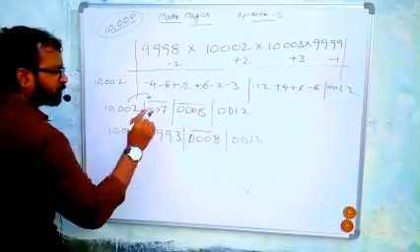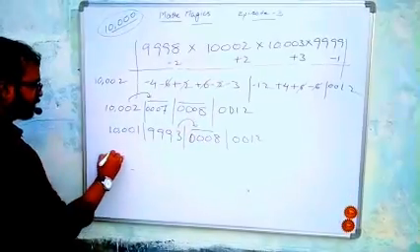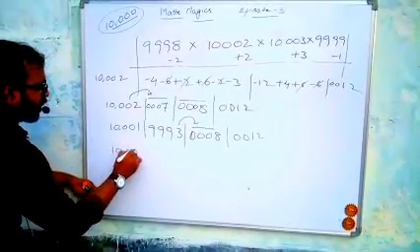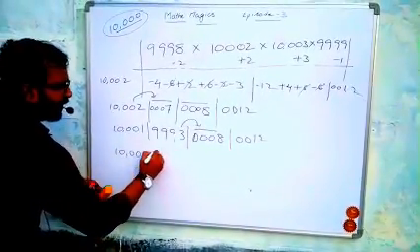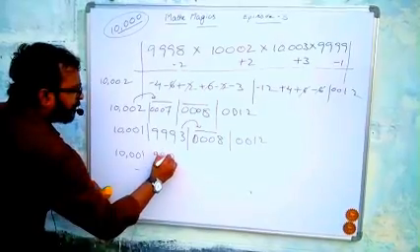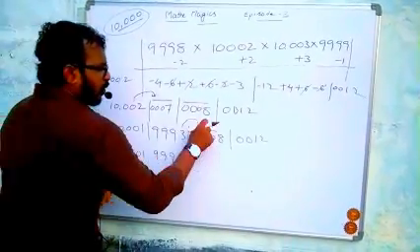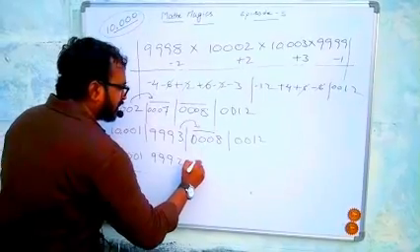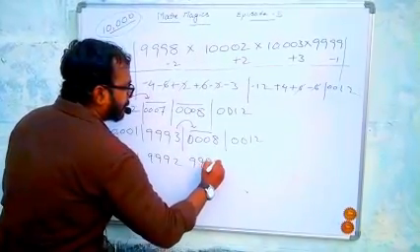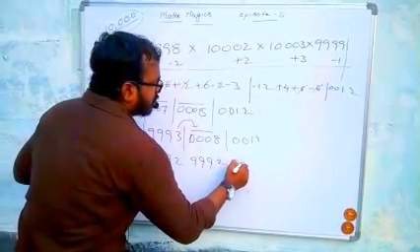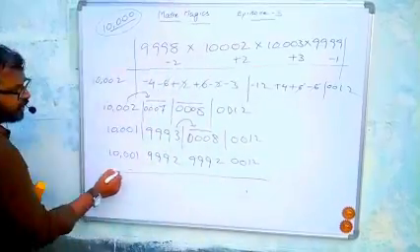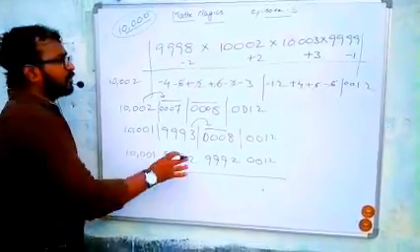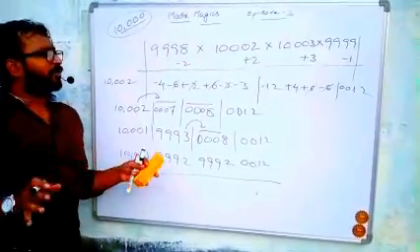We should remove this bar by sending one digit here. So it becomes 10,001, which means 9992 after borrowing. One means sending one digit, in the sense 10,000. 10,000 minus 8 is 9992, and 0012. This is the answer. So we are able to solve such types of problems like that.